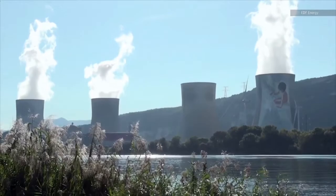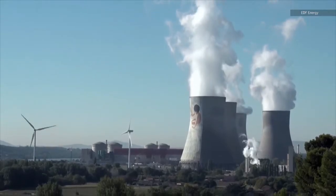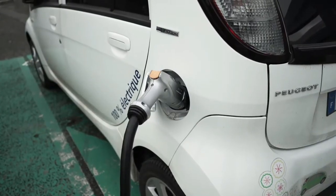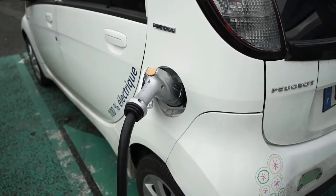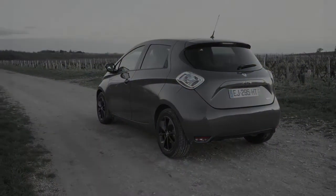Electricity in France mostly comes from nuclear, hydro, and other non-carbon sources, and prices are about 20% cheaper than the EU average. At the moment, including subsidies, Renault claims that the cost of ownership for a ZOE is on par with gas or diesel cars. Given all that, if I was in the market, I would strongly consider buying